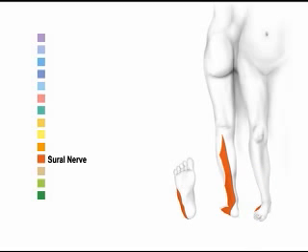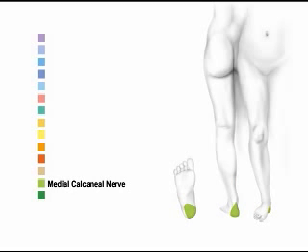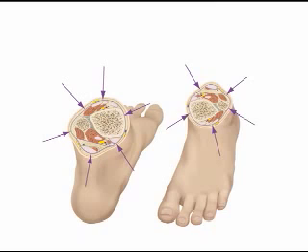The lateral aspect of the foot is supplied by the lateral dorsal cutaneous and lateral calcaneal branches of the sural nerve, which in turn originates from the tibial nerve in the popliteal fossa behind the knee. The medial and posterior aspect of the heel receives its sensory nerve supply from the medial calcaneal branch of the tibial nerve. From this image, it can be seen that there are 3 nerves that are superficial to the fascia,